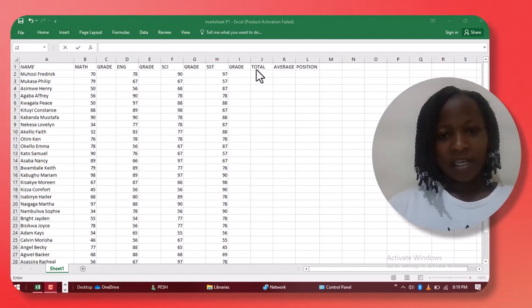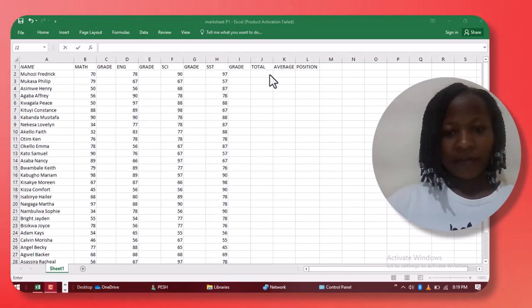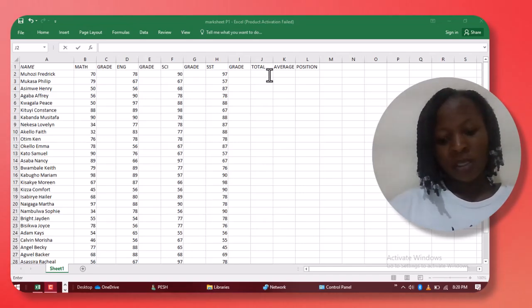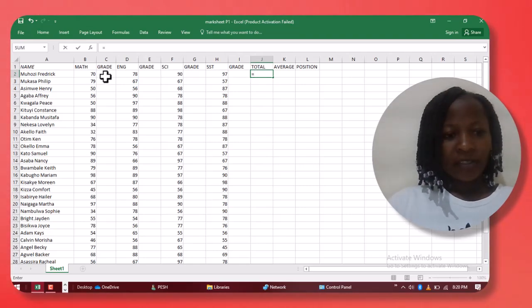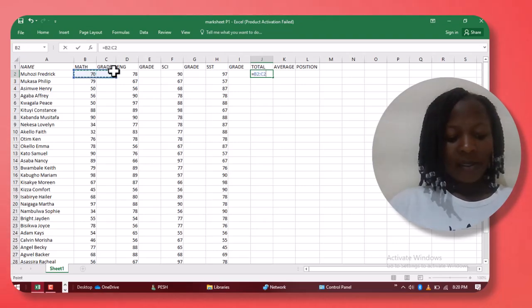Yes, you can use a formula. You can also use a function. But for this case, for me, I'm going to use a formula. So I come here and say getting the total is going to be calculated in here. So we say the total is equal to, we get the marks for English, and then we add